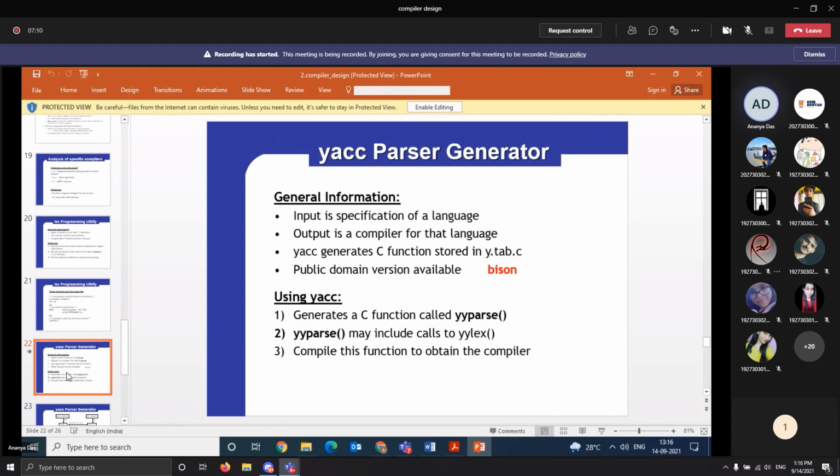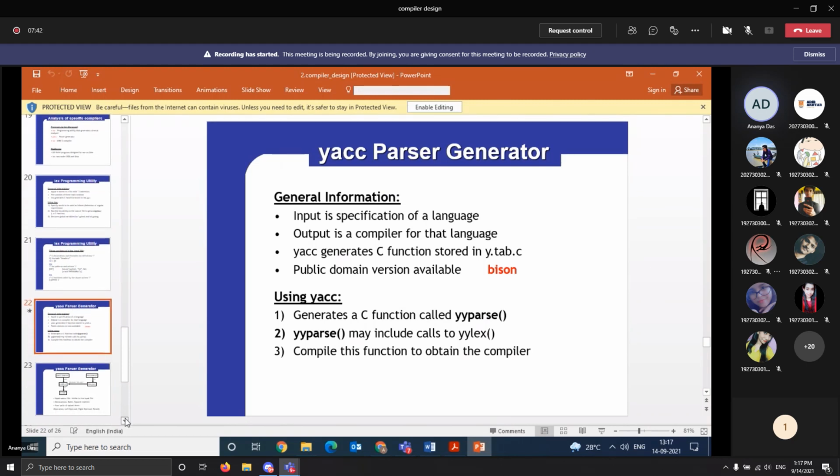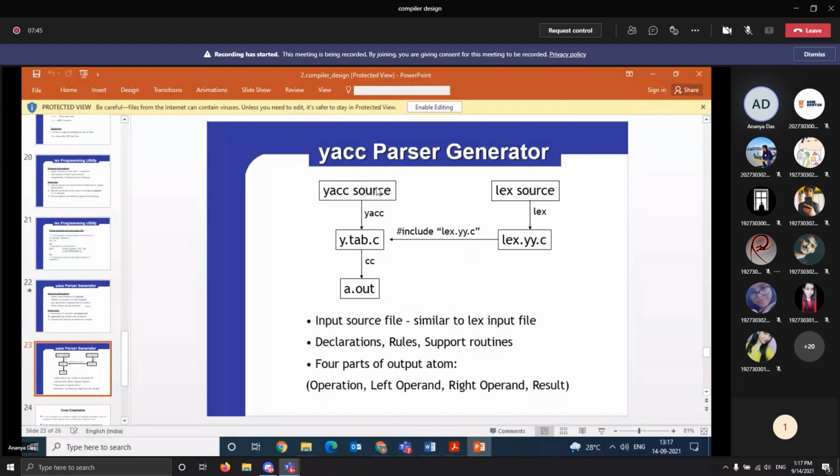Okay, this parse function is internally calling the yylex function, which your lexical analyzer tool has used for generating the stream of tokens. So both these tools utilize these auxiliary functions which are available, and they work hand in hand for completing the syntax analysis phase up to that phase. Okay, so they compile these functions to obtain the compiler, because after generation of these files, the C compiler will generate the out file. Okay, so if you see here, as I told you, you have a Lex source, you have